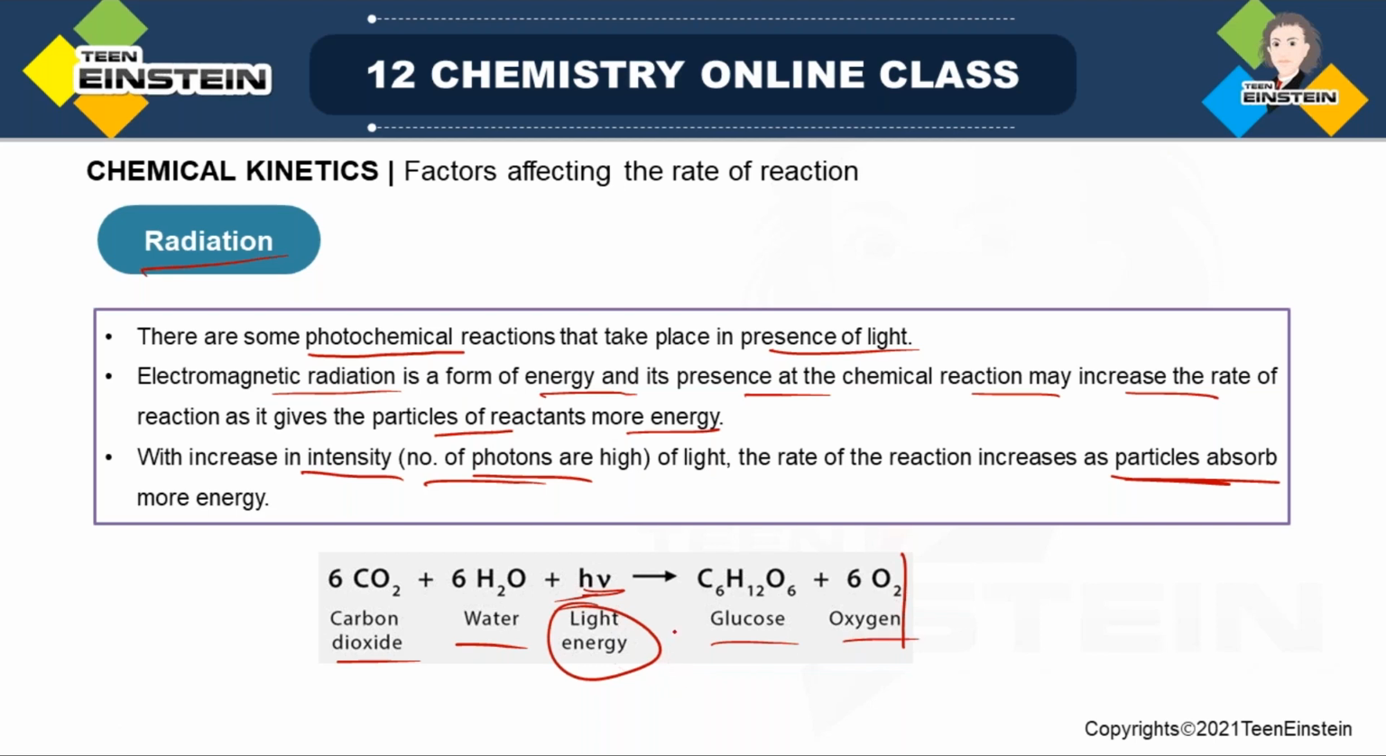So this reaction basically happens in the presence of sunlight, which is a form of electromagnetic radiation. Okay, so this is the last factor on which the rate of the reaction is dependent. So factors affecting rate of reaction, this part is complete. Next we will start